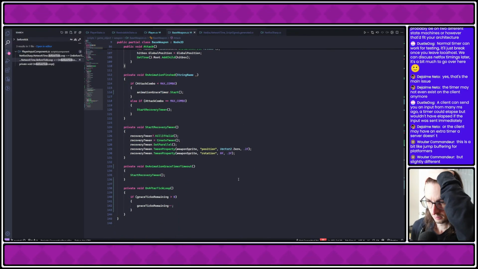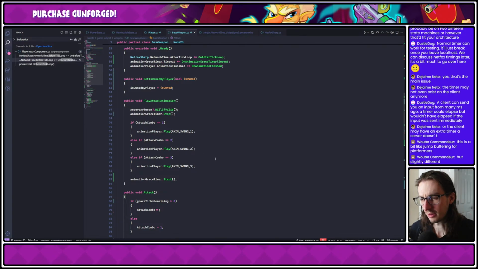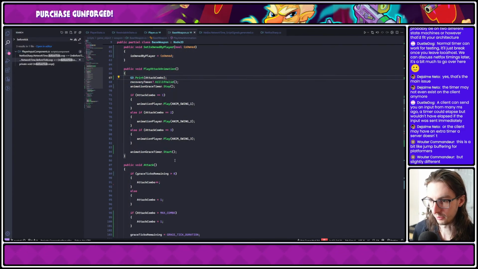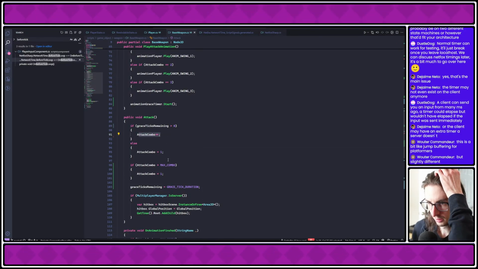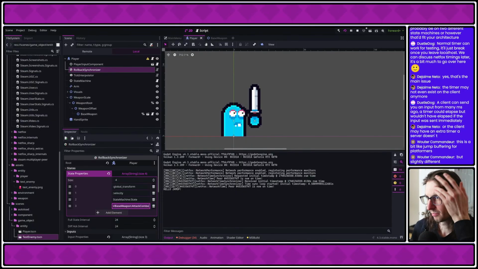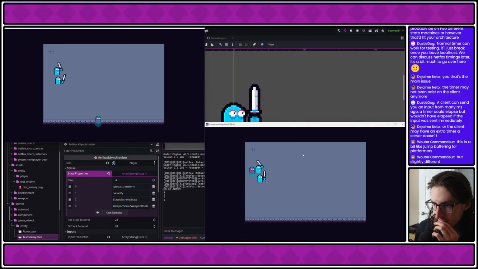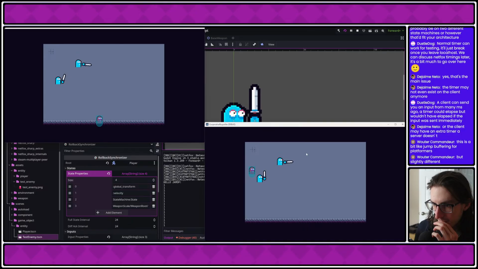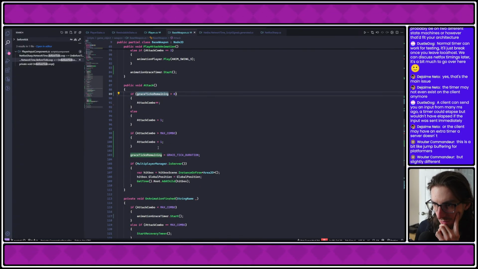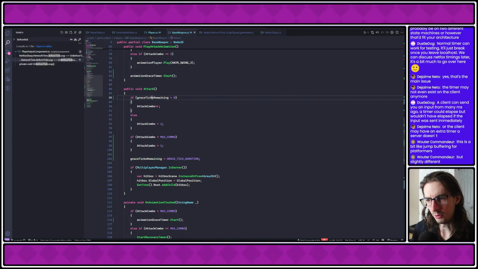What? Animation grace timer. I'm just going to print the attack combo in here. I don't think this attack combo is right now for some reason. Grace ticks remaining is greater than 0. Increment the attack combo. Okay, well, let's see. The attack combo is always 1. Which means that this is never...